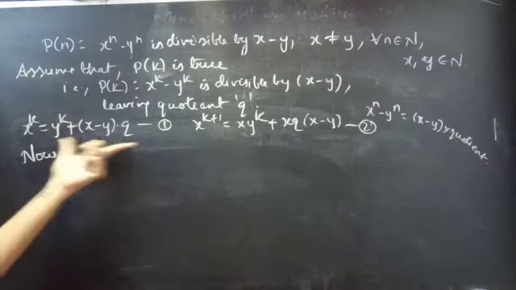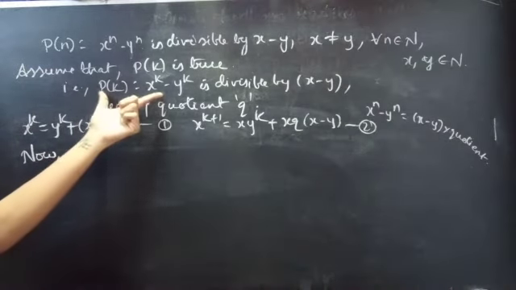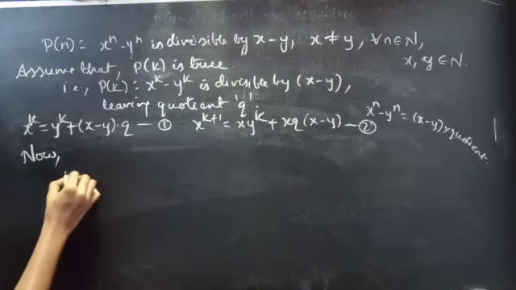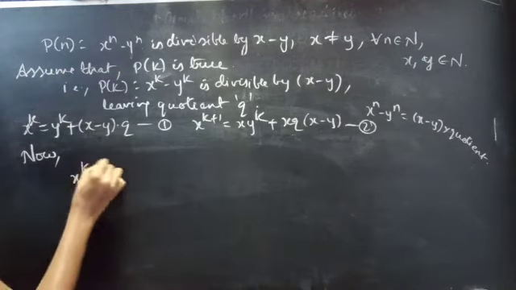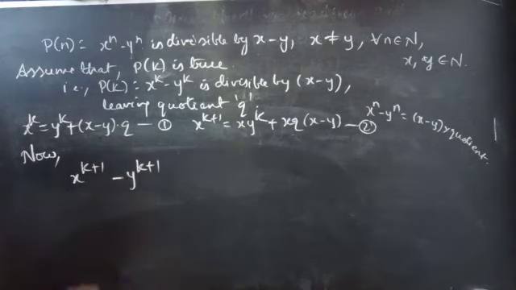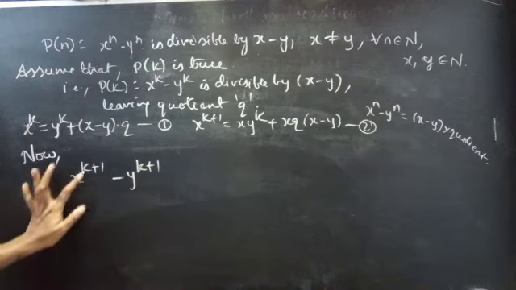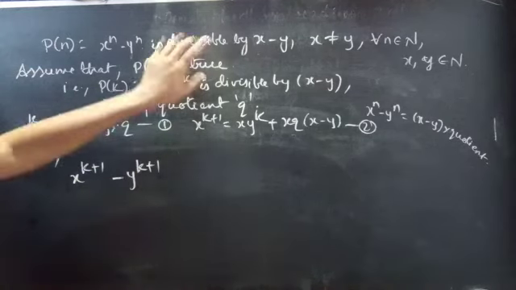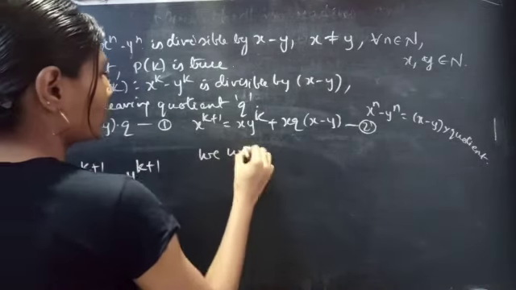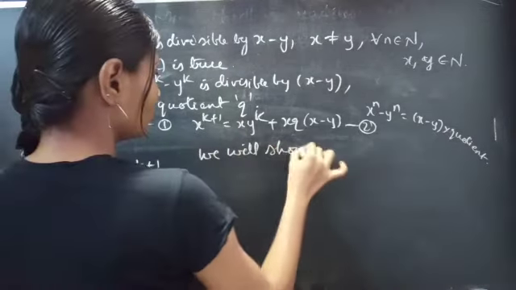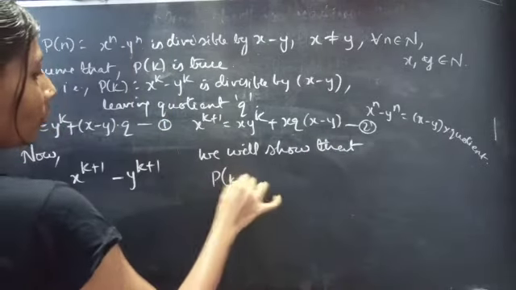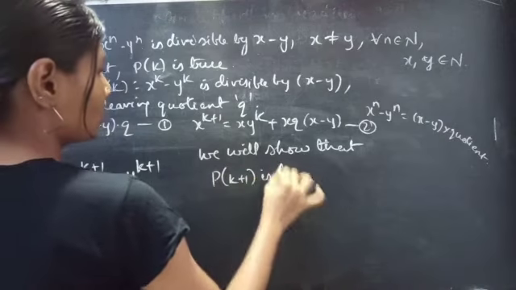Using this condition, by this assumption, we'll show that x power k plus 1 minus y power k plus 1 is divisible by x minus y. That is, we'll show that P of k plus 1 is true